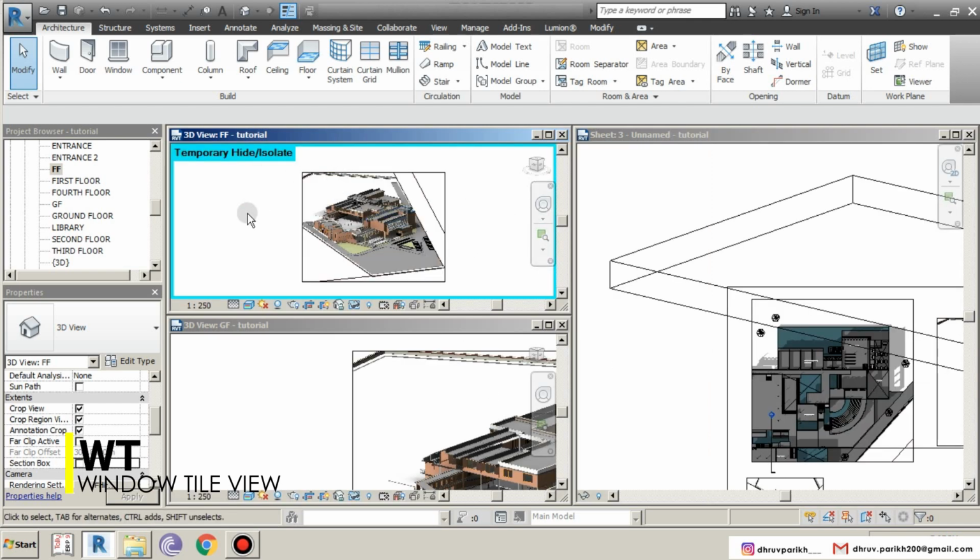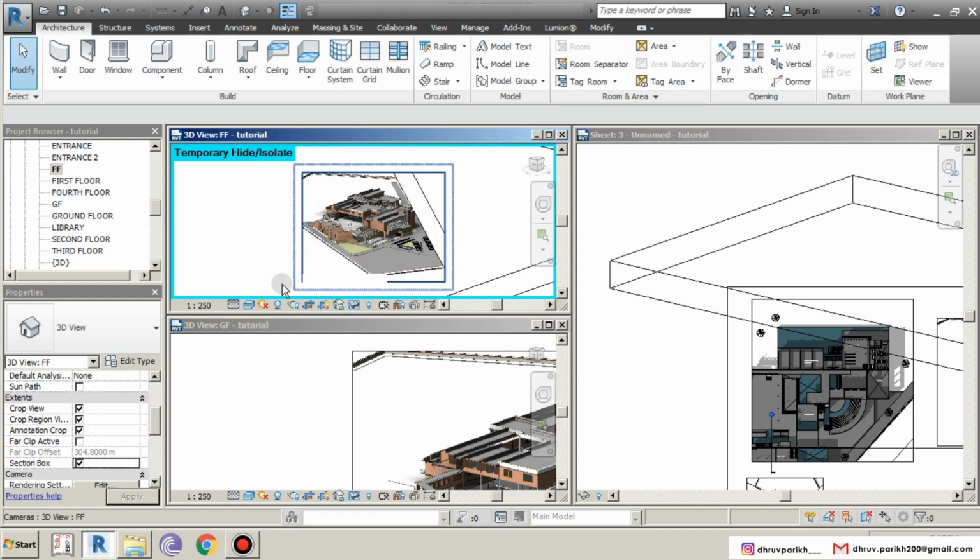Now let's check the section box again, and we will cut the structure from above and from bottom. I'll uncheck this crop view and crop region visible.